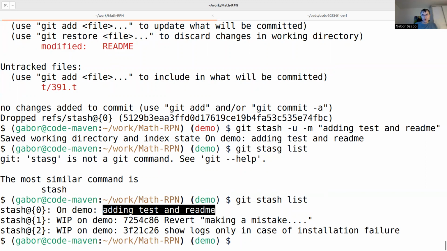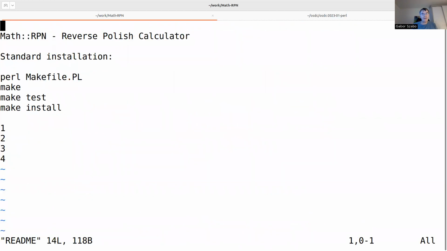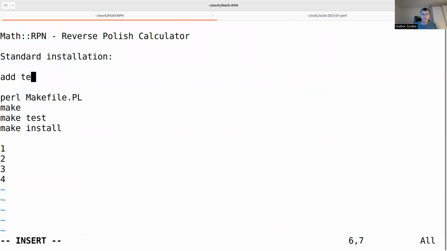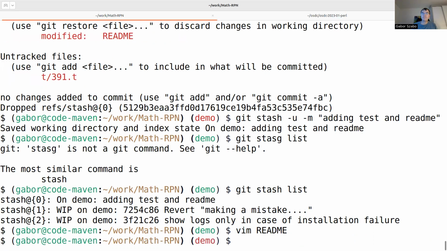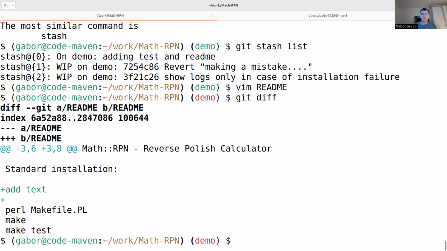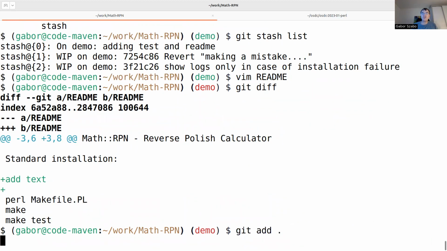Okay, so let's say what we had there is that I was working on this README file, and then suddenly I realized I have to do some other changes in the README file, which are not related to this change. So I put away the README file with this git stash, and then I edit the README file. Let's say add text. Okay, so I have now here this change. I can now commit this change,